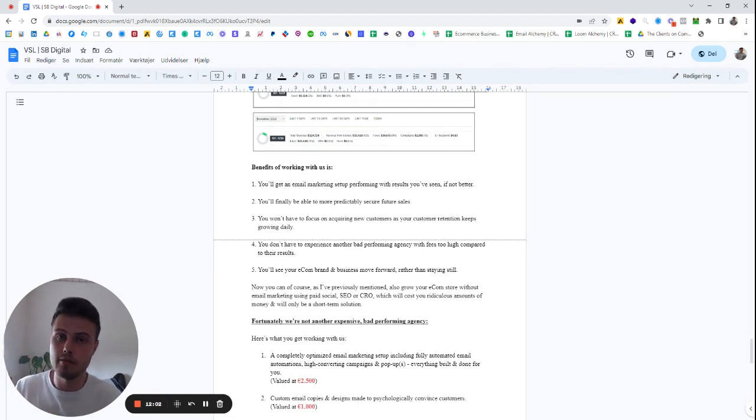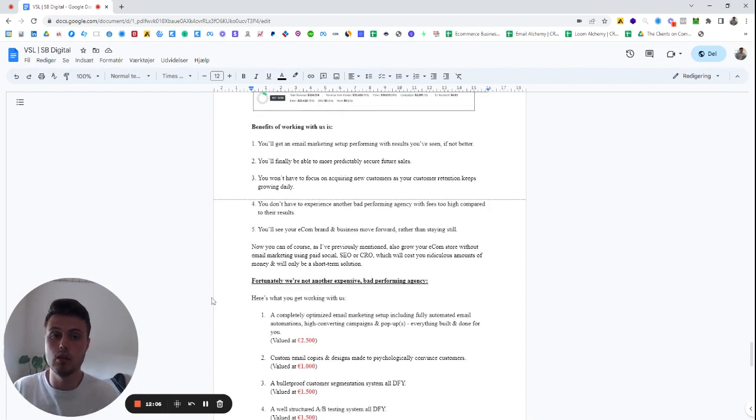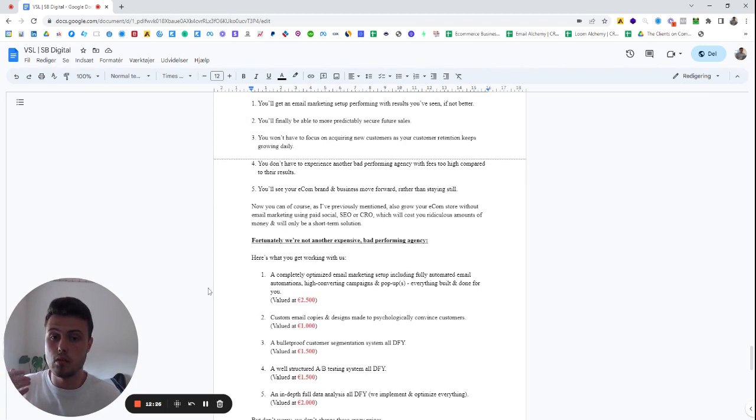Now, you can, of course, as I have previously mentioned, also grow your e-commerce store using SEO, paid social, or conversion rate optimization rather than email marketing, but this will cost you ridiculous amounts of money and will only be a short-term solution. Fortunately, we're not just another expensive, bad-performing agency, because with us, you get a completely optimized email